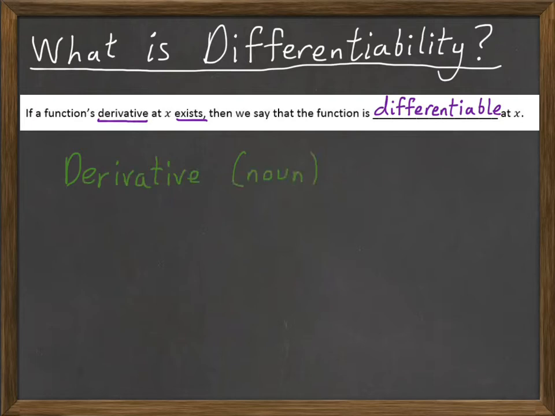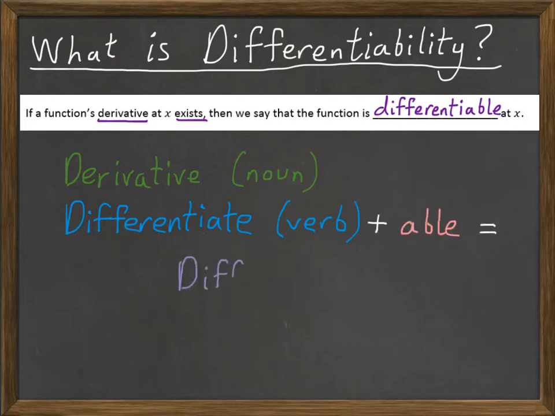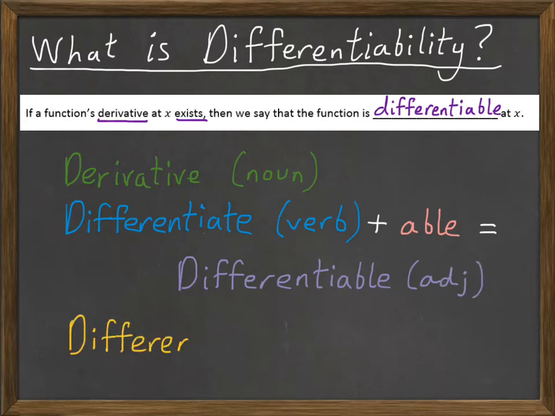The word derivative is the noun that we've been using thus far to describe the slope of the tangent line and the instantaneous rate of change of a function. The verb form of derivative is differentiate, which means to take the derivative. It also means outside of math to tell the difference between, but we're not worried about that right now. If we add the suffix able, then we get differentiable. Then if we take that word and change it back to a noun, we would get differentiability, which is